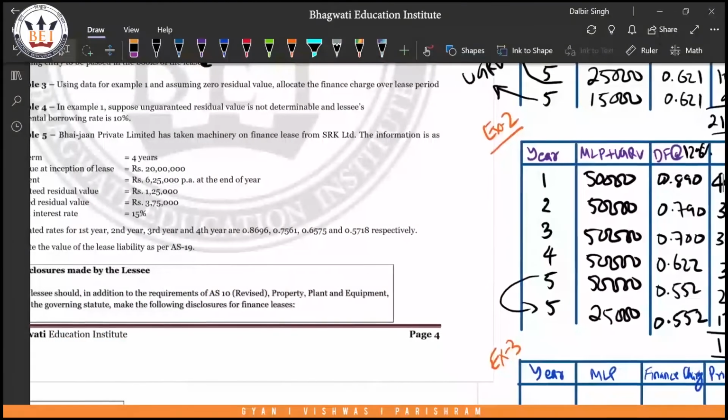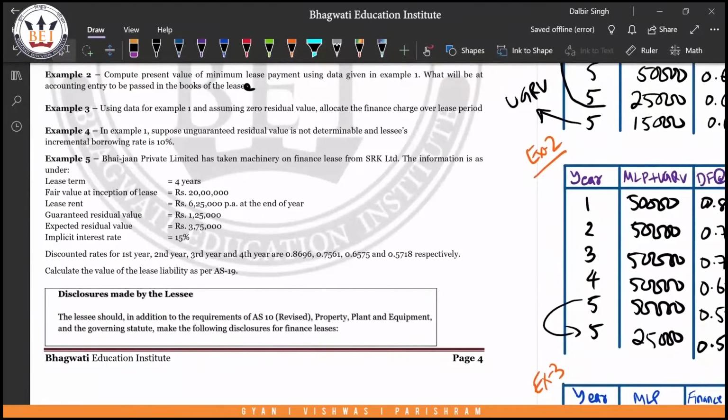Okay. Next, example 3. Using data of example 1 and assuming zero residual value, allocate finance charge over the lease period. Now, zero residual value is just given there. Even though residual value is 0, this is given with respect to whether to consider guaranteed residual value or not. Now, if the lessee has guaranteed a portion of residual value, it becomes a liability. Yes. When is he